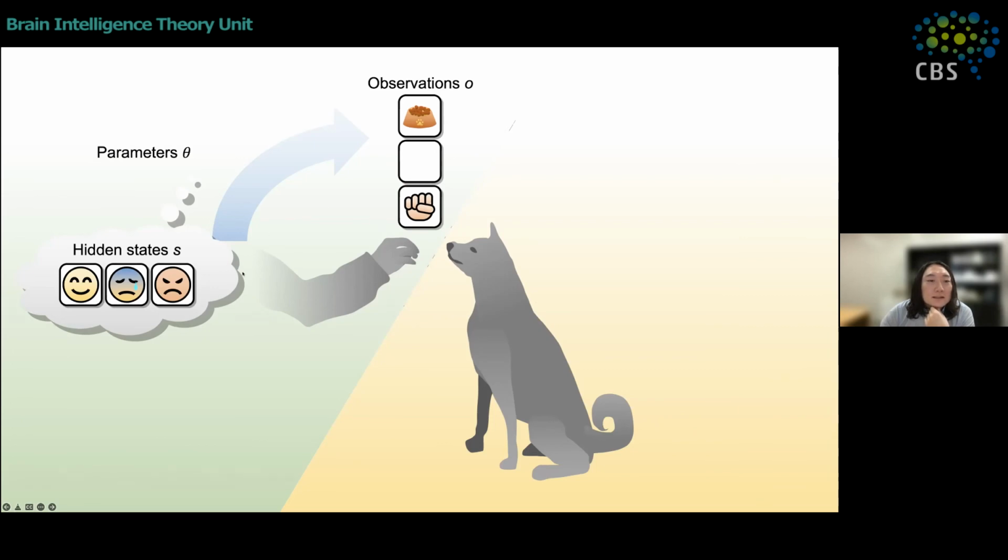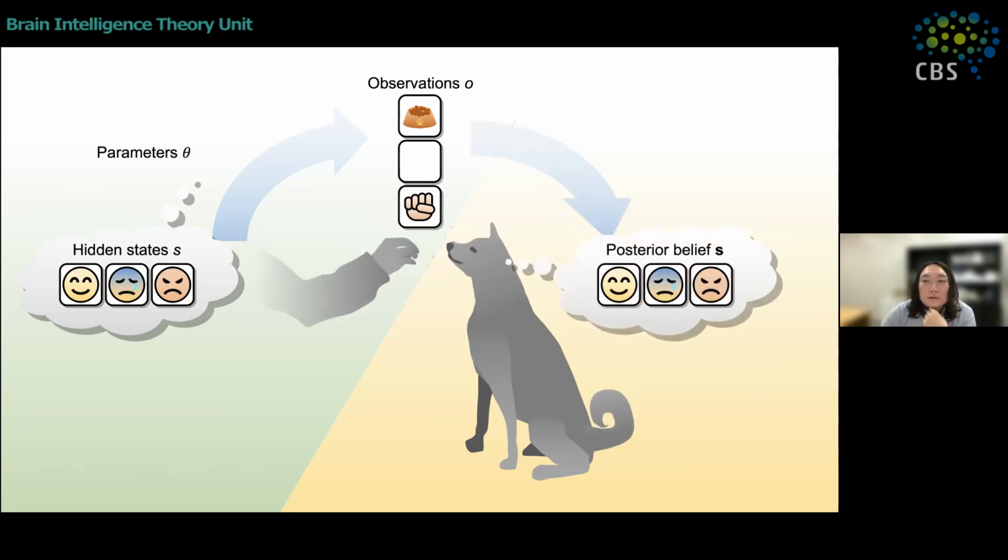This person has some mental state, which corresponds to the hidden state of the model, and hidden states generate observations through a generative model parameterized by parameter theta, and here the information that can be perceived directly is only this observation. So this dog, our agent, needs to infer the hidden state, and to do so, the dog